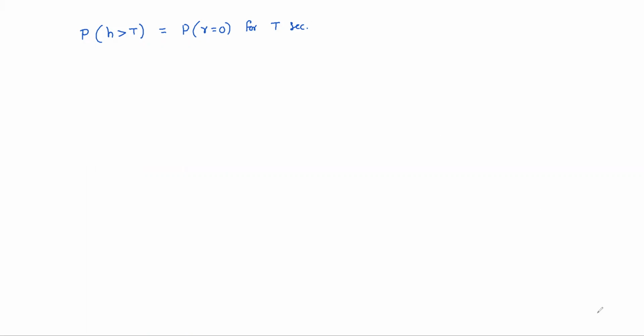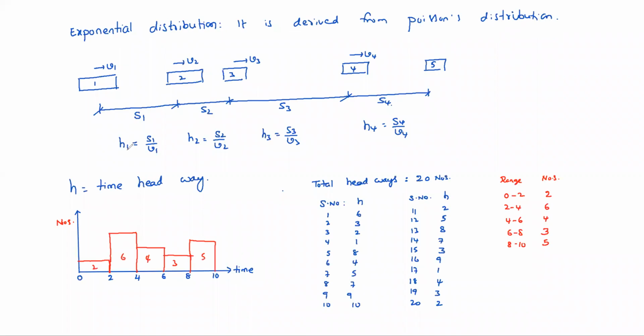That means you see here, headway h1 means what? In between these two successive vehicles, the gap you are measuring. So suppose this is point A, this is point B. Up to point B in h1 seconds, here h1 is the headway, means in h1 seconds no vehicle should come. After h1 seconds only the vehicle is arriving. That means within h1 seconds no vehicle should arrive.